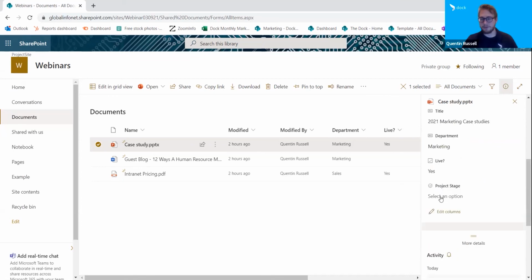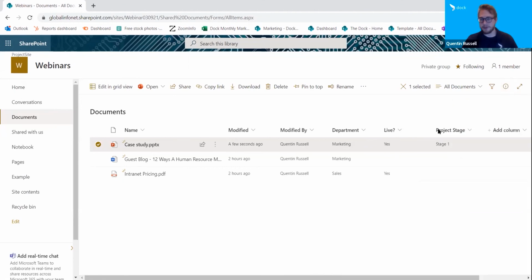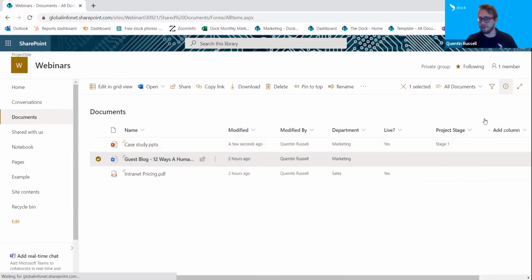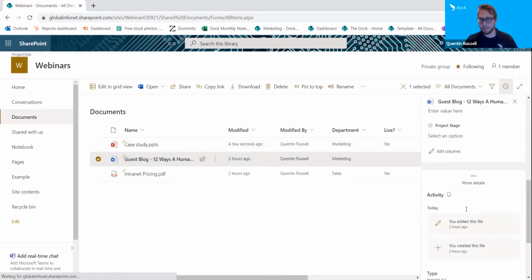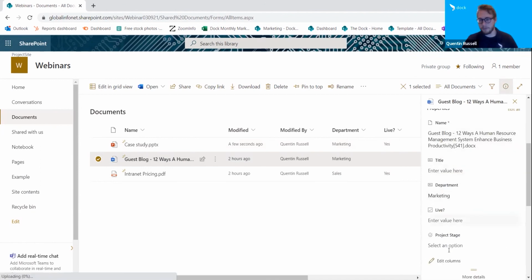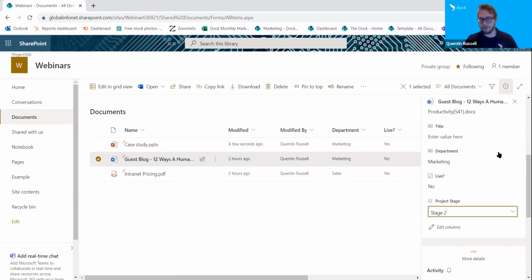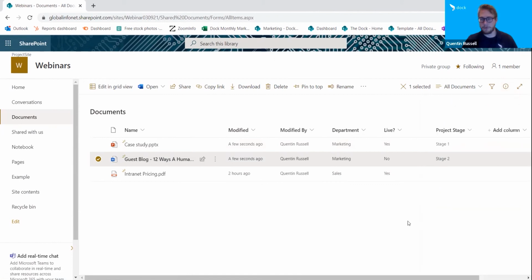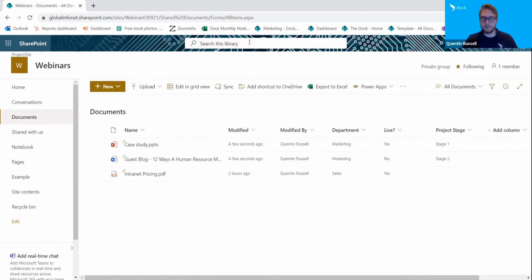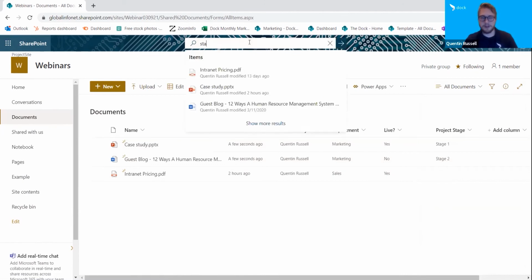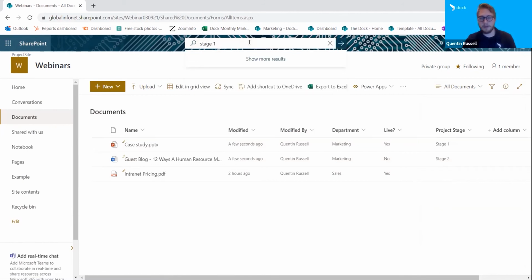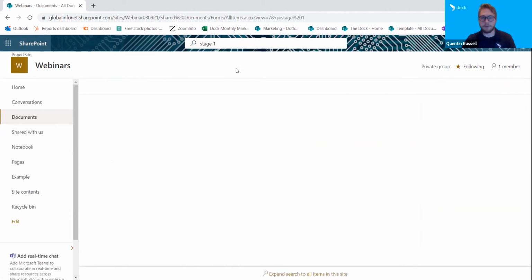But we'll go to project stage and we'll change this to a stage 1. And it'll save the information and it'll update right there. Change this to a stage 2. And then what we'll do is we'll select out of this and we'll just search for stage 1. Show my results. And as you can see,